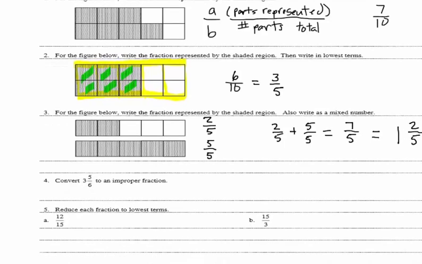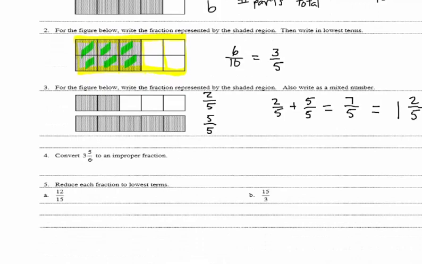In 4, they want us to convert 3 and 5/6 to an improper fraction. In order to convert from a mixed number to an improper fraction, we're going to multiply the denominator times the whole number. So we have 3 times 6 plus the numerator, which is 5, all divided by the denominator, which is 6. And this is equal to 18 plus 5 divided by 6, which is equal to 23 divided by